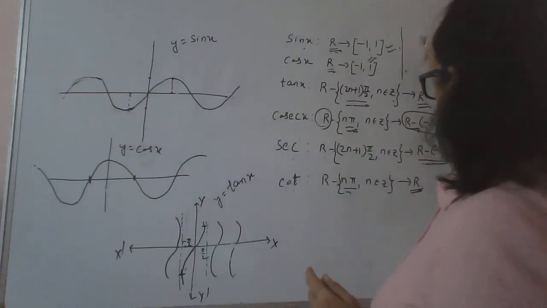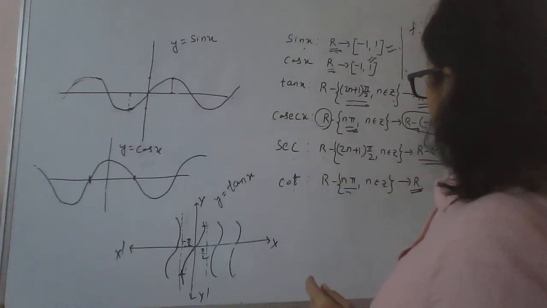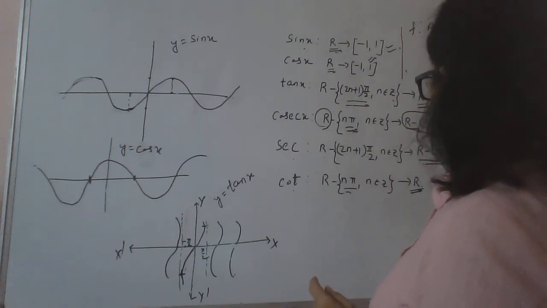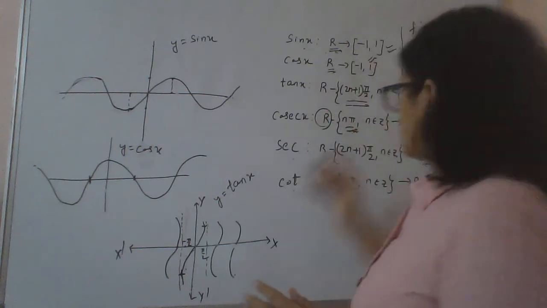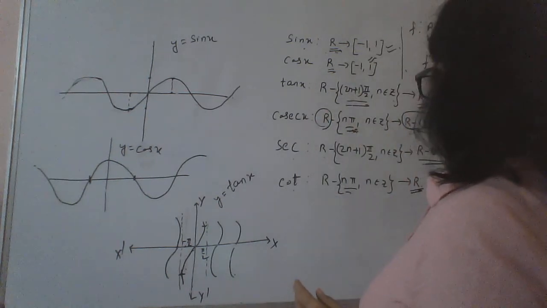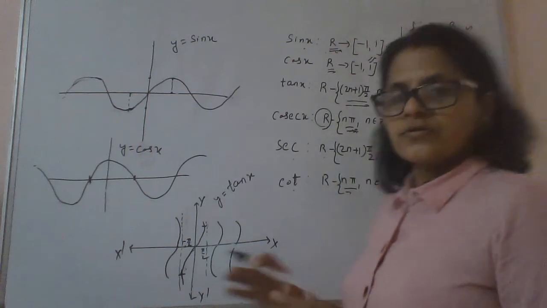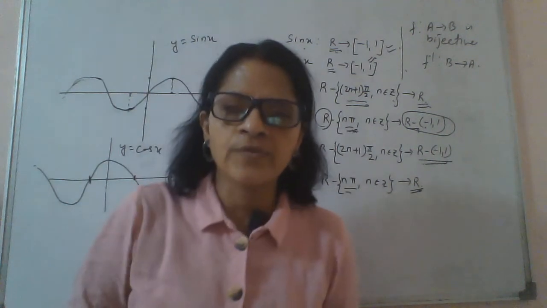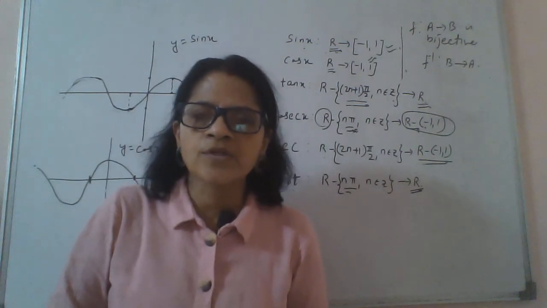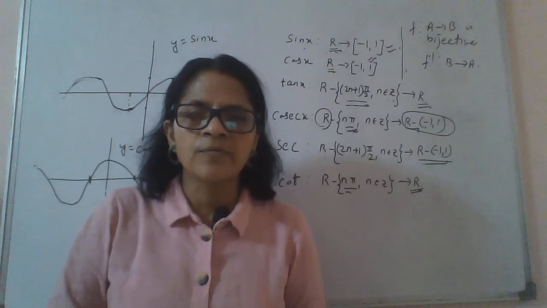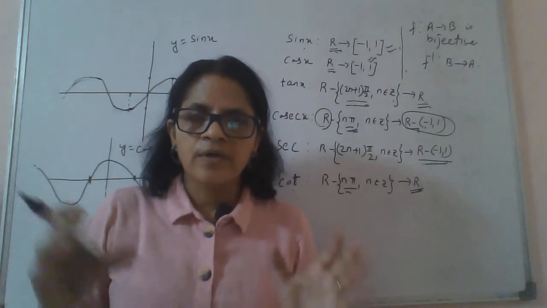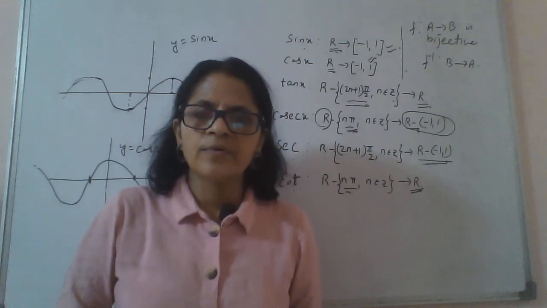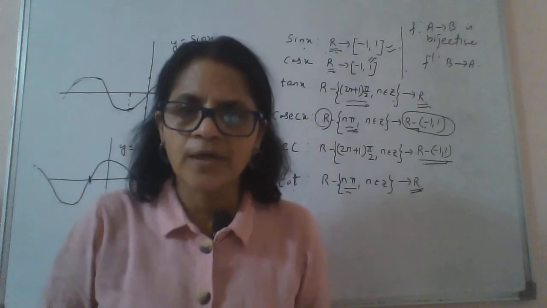So inverse function means whenever f is a mapping from A to B and is bijective, then f inverse exists, and f inverse is a function from B to A. So we have studied both types of functions. Inverse functions we are familiar with, trigonometric functions we are familiar with. Now it is time to combine both, so that we can understand inverse trigonometric functions clearly.